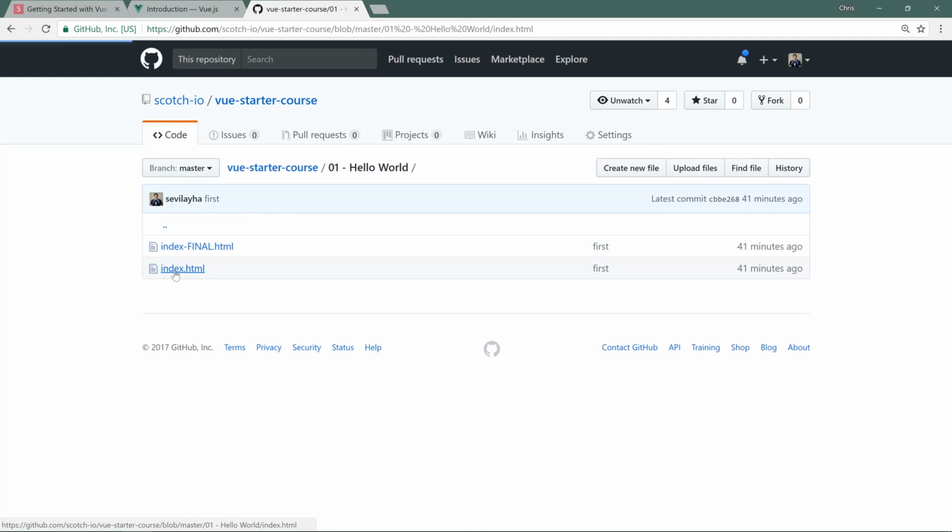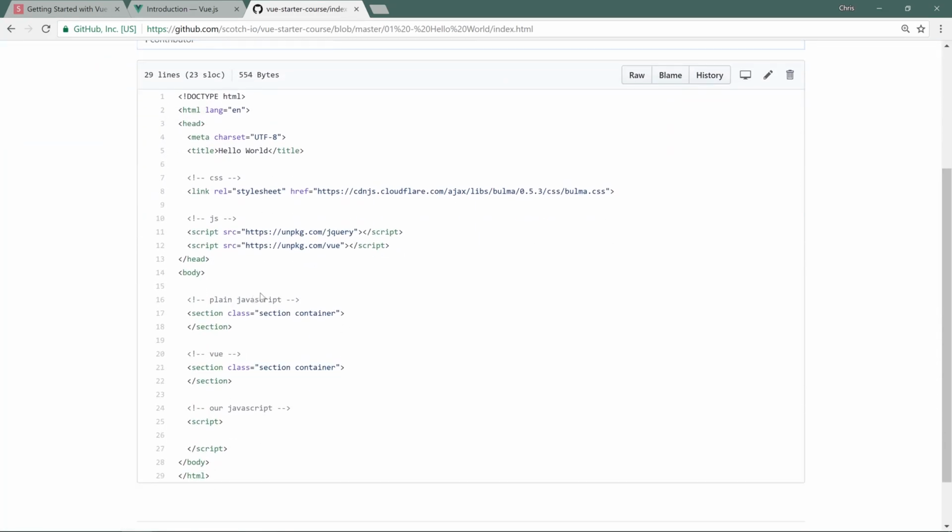But if we open up index.html and you scroll down, you can see that I've included both jQuery and Vue here, and I'll explain why. I've also included a Bulma CSS file, which is really helpful. We're just going to add a little bit of CSS classes. Just because we're working and we're not trying to focus on CSS doesn't mean we can't make our projects look